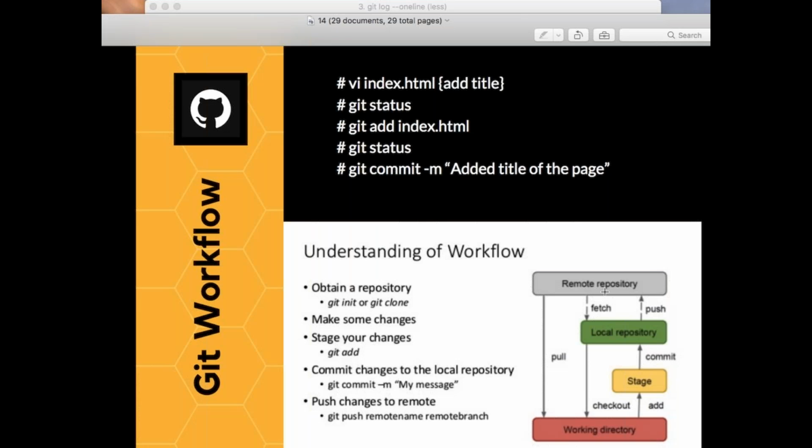Now, if you see here, you will be able to understand the specific diagram. You have the working directory. Any changes you make in your working directory, you add to the staging area. How do you add it? Git add. Once you add it to the staging area, it means these changes are available in your staging area.